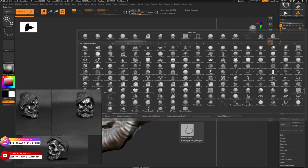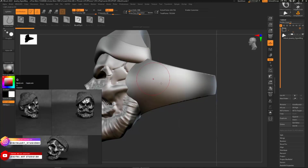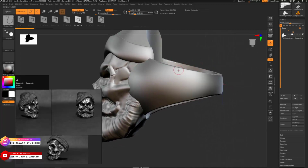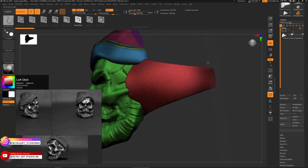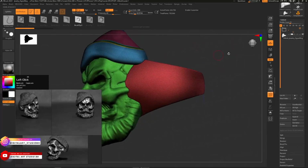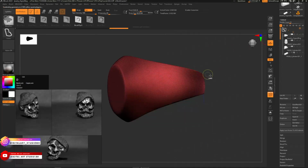You can see here with the scribble chisel, what I'm gonna do with this, I'm gonna keep it at a lower size, and I'm gonna add like this. All right, since the ring itself is very low, we won't have the detail to work with. What I'm gonna do is just delete this one and go to the ring and add some subdivisions,